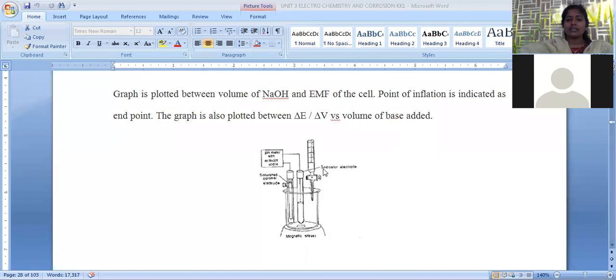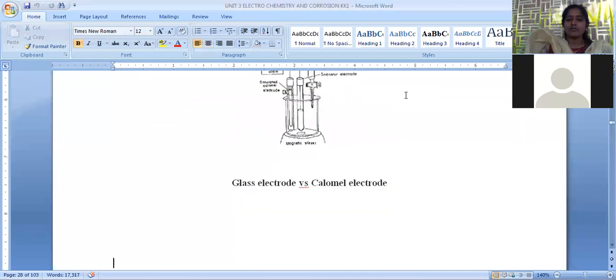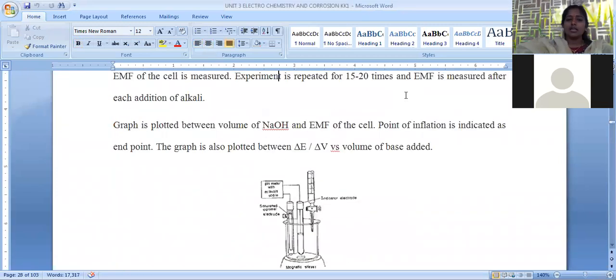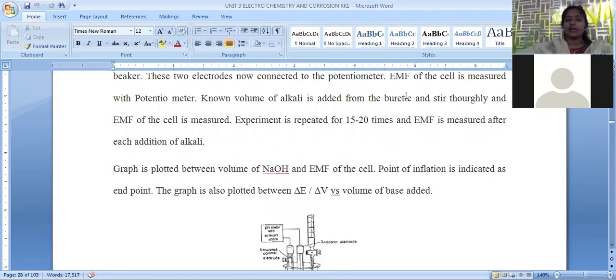From the burette, standard alkali solution is added 1 ml each time. When 1 ml of NaOH is added, they undergo a simple acid-base reaction, forming salt plus water. When salt plus water is formed, there is a regular decrease in the concentration of H plus ions, so a change in EMF values is observed. A similar titration is performed 15 to 20 times. We have to repeat the titration 15 to 20 times, and each time we have to measure its EMF